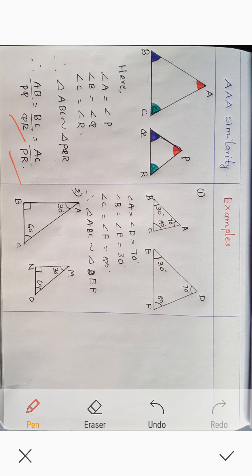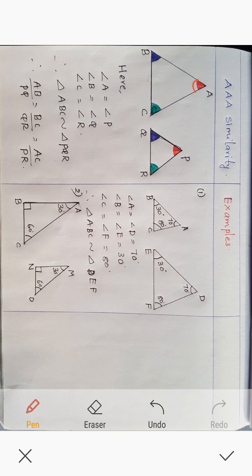And how do we take the corresponding sides? How can we understand that for AB, its corresponding side is PQ, and why are we not taking its corresponding side as QR? How to find the corresponding side? Here you see, angle C equal to angle R. This green colored marked angle, its opposite side. These two are corresponding angles. So certainly the sides opposite to these two angles will be corresponding sides. So AB by PQ. Similarly,